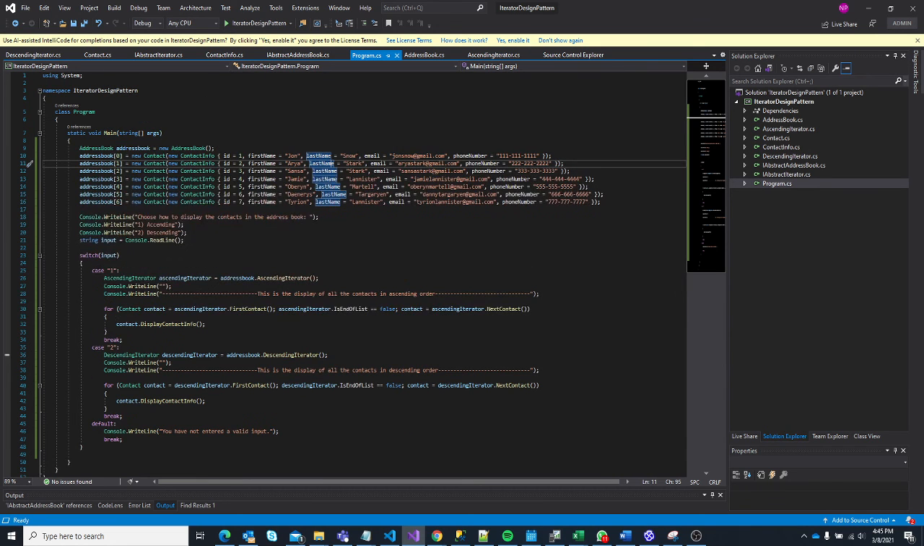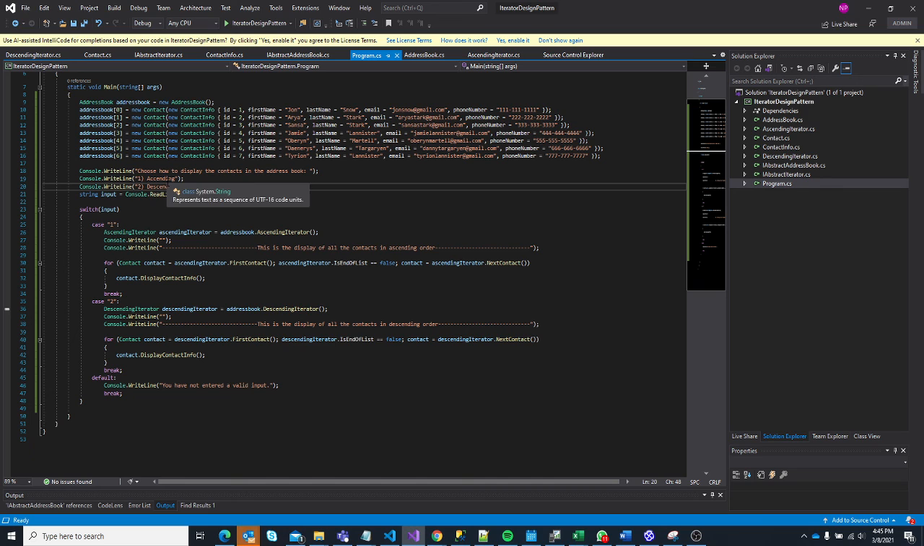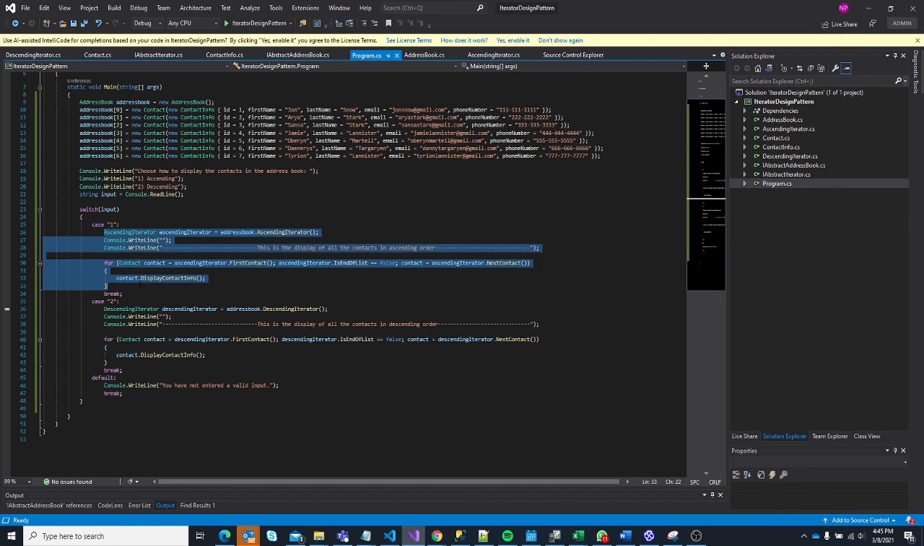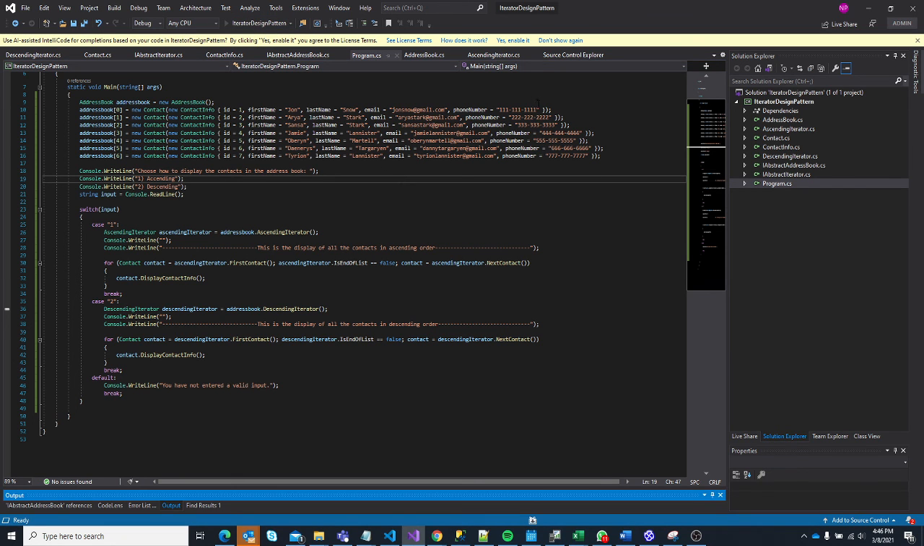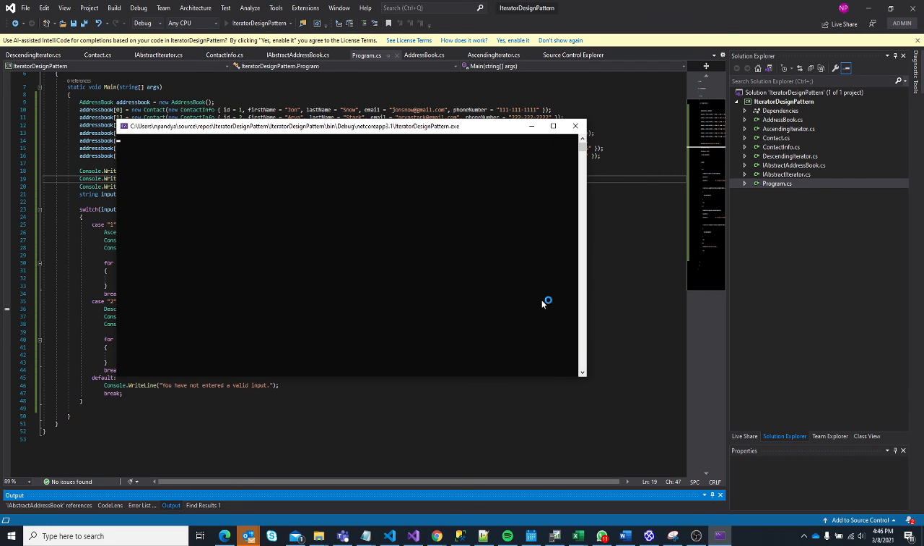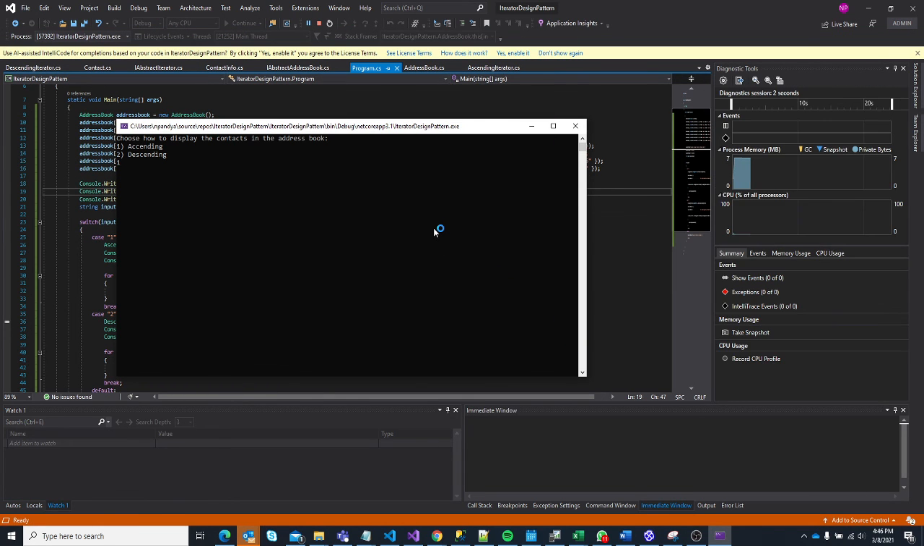This is the program right here. As you can see in the address book, you have multiple contact information. The program allows you to choose whether you want to display this contact information either in ascending or descending order. Depending on the user input, if the user inputs 1, it will display in ascending order. If the user inputs 2, it will display in descending order. Let's test this out. So if we input 1,